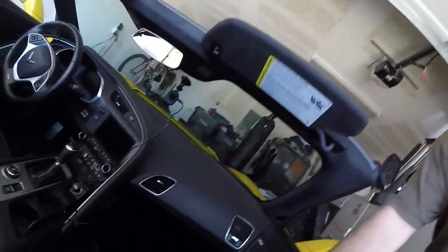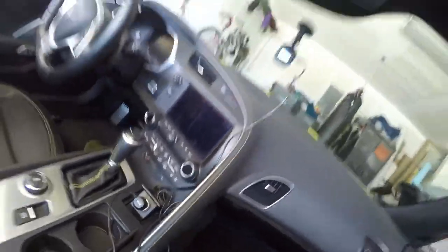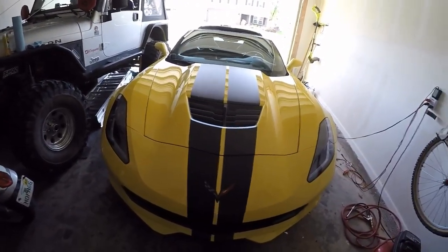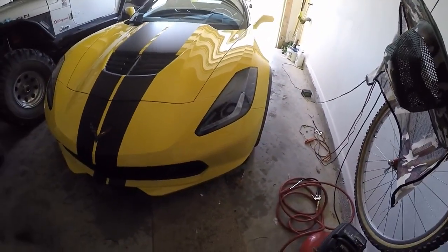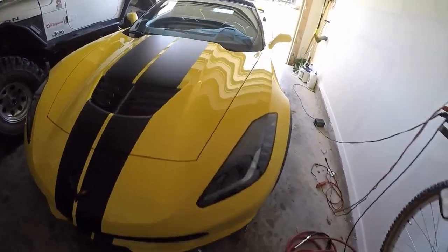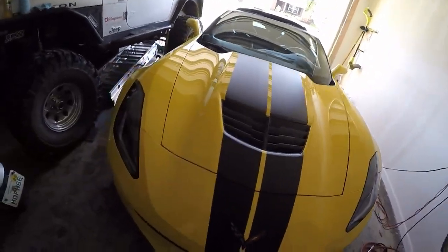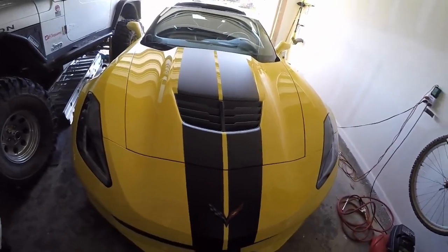You can see it down there. But yeah, my final thoughts on this car are that it's a beautiful machine. It's been nice to drive it. Looks good sitting in my garage, that's for sure. If I get an offer to buy this car eventually in the future, I might consider it, to tell you the truth. I'd have to remove some of these things in my garage as it is, but yeah, well,